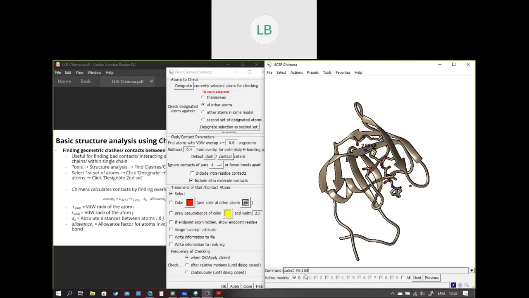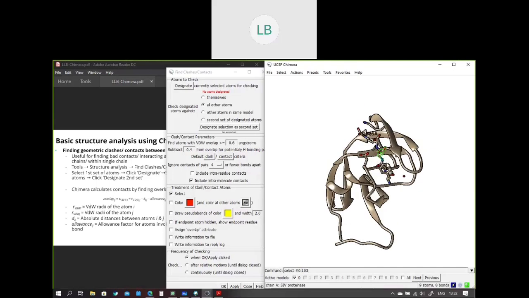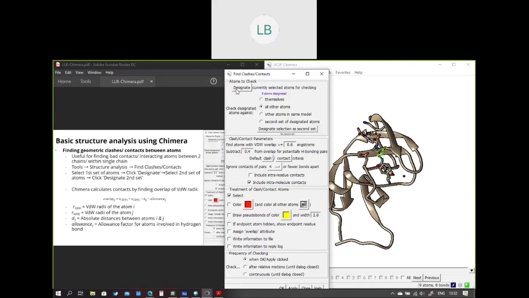And let's say I want to find contact with glycine 48. So we need to define the first group of selection. For that, we need to press designate after we have defined the selection. So it has defined the first group of selection as glutamine 103, with 9 atoms for the selection.